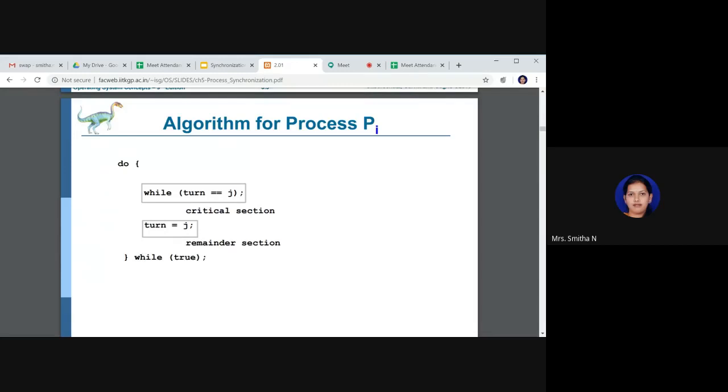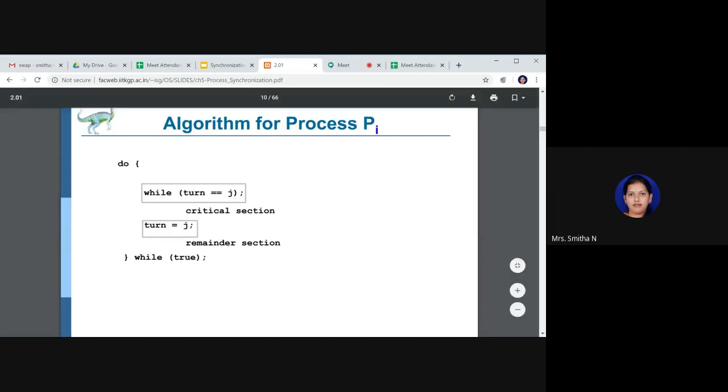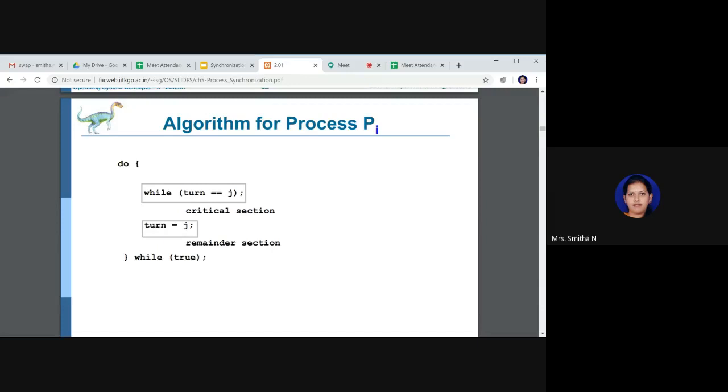I told you exit section should be in such a way that once Pi process exits, it makes code changes in such a way that any other process which is ready could be executed. Previously turn was i. Now after process Pi completes execution, it exits from the critical section and changes the turn to j, indicating that the jth process j can enter next. Consider when P1 process is in critical section. Consider in this section Pi is already there.